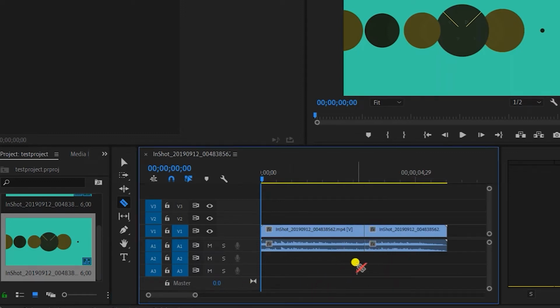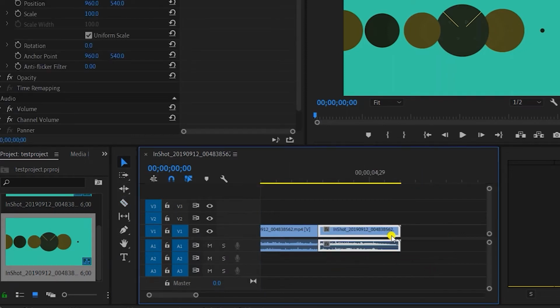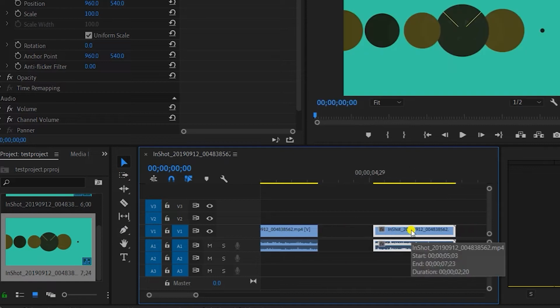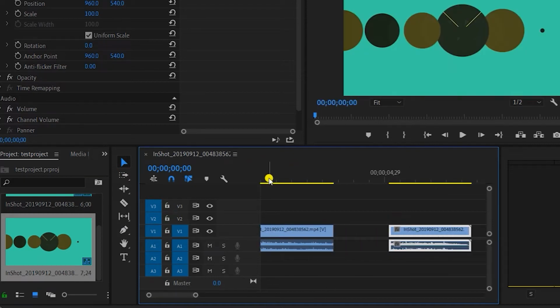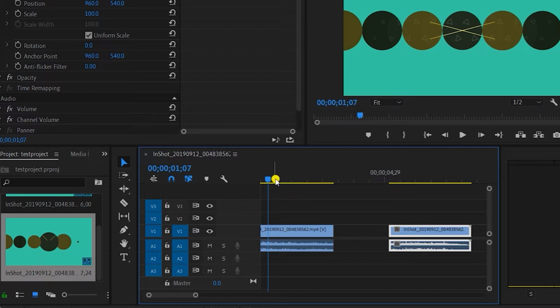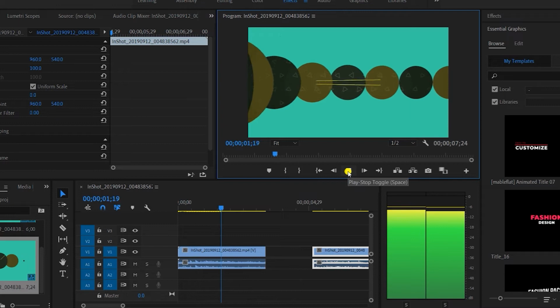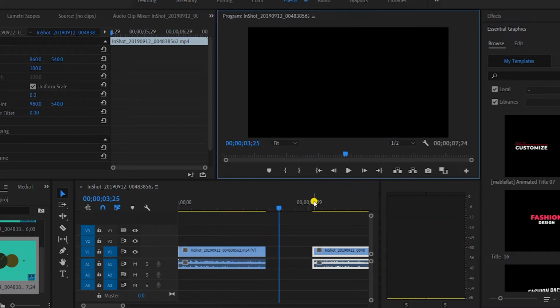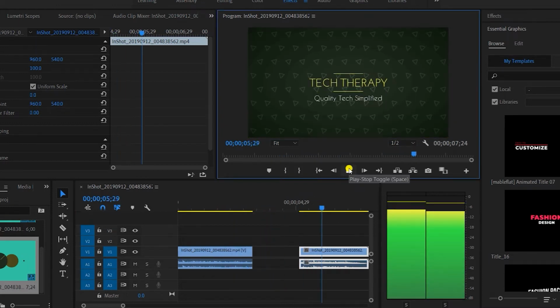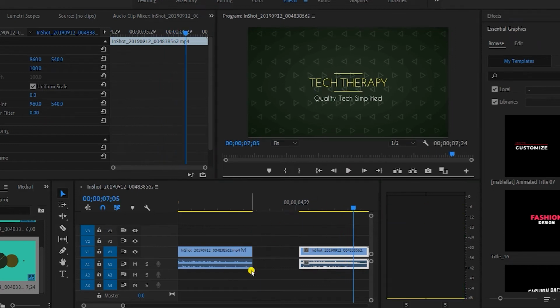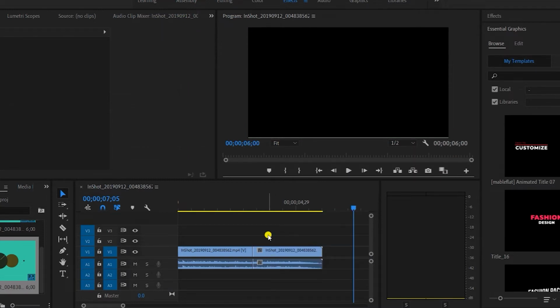As you can see, the video has been split into two parts right now, and then you can select this and shift it on the timeline anywhere. If I now play the video, it will only be played till this part. The rest of the part is over here. If you don't want this action, you can easily undo it by pressing Ctrl Z on your keypad. If you press it again, the cut will also be removed.